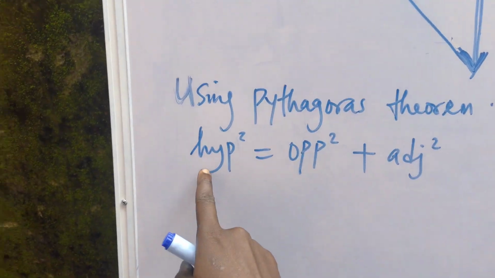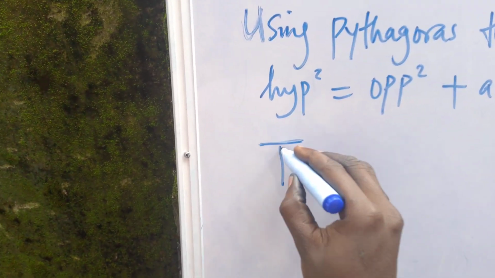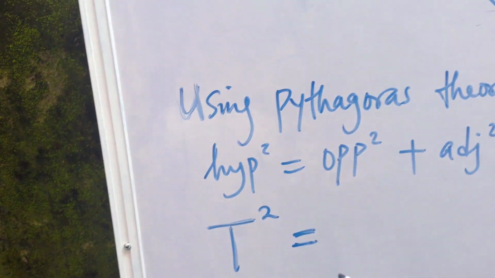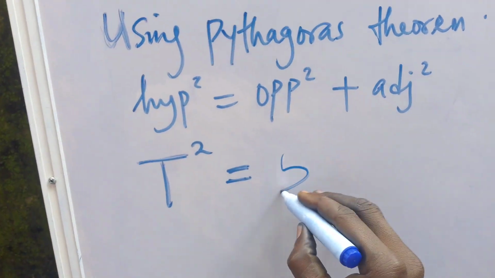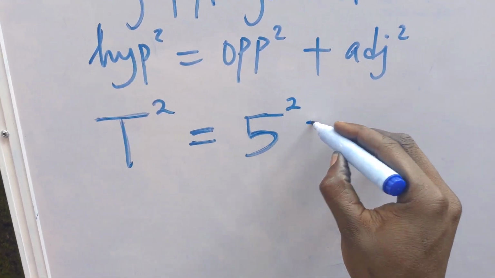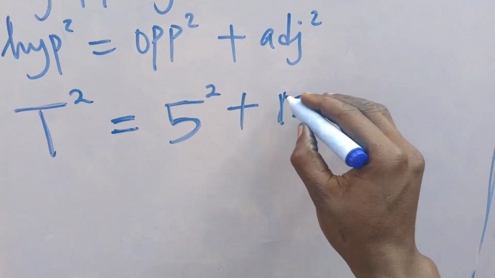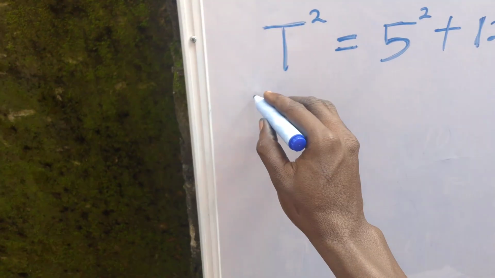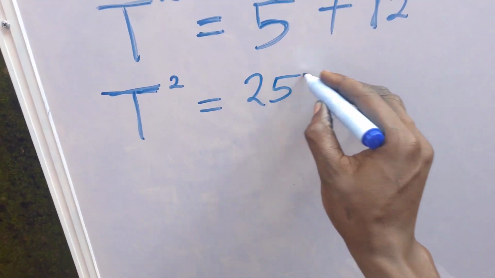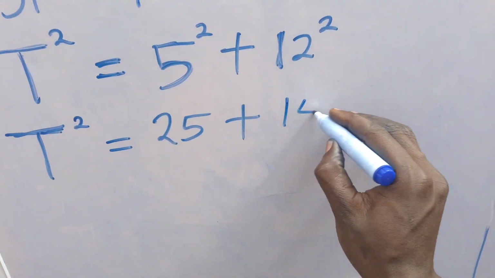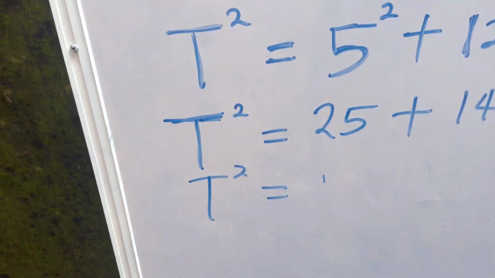So this is the square of the longest side, which is the hypotenuse. The hypotenuse is T, so I'll write T out. That is T raised to the power of 2 is equals to the opposite side. Opposite is W, which is 5. That's 5 raised to the power 2 plus the adjacent is 12, which is 12 raised to the power of 2. Okay, so T square will be equals to 5 raised to the power 2 is 25, and 12 raised to the power 2 gives me 144. When I add them, I'll be having that T square is equals to